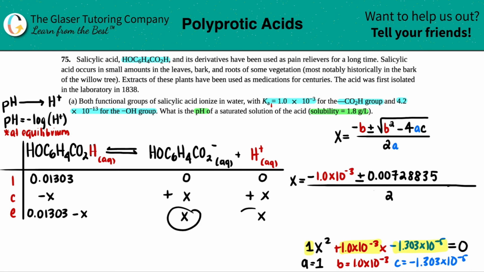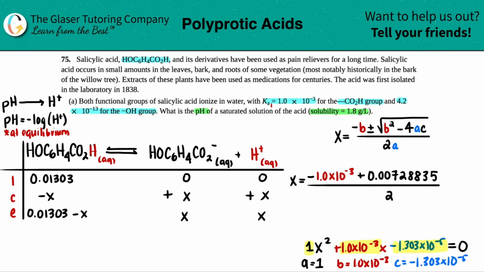Remember, you can only have positive molarities, especially since we're just solving for x. So one of these is going to give us the positive answer, and the other one's going to be a negative, right? But if I'm starting off with a negative and I'm minusing a number, I'm becoming more negative. So the minus route will get me a negative value. So I know that that's not the correct one. So I'm going to use the plus value here. Now you could do both and just see on your own that there are two options, but you always pick